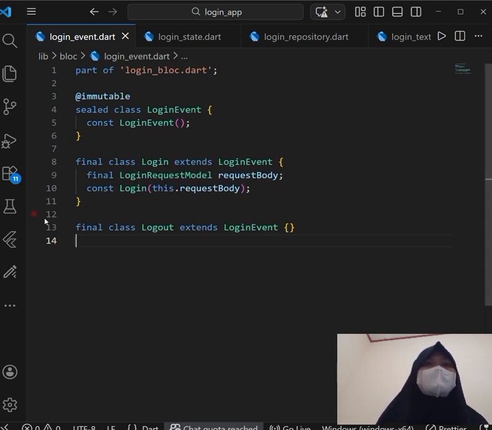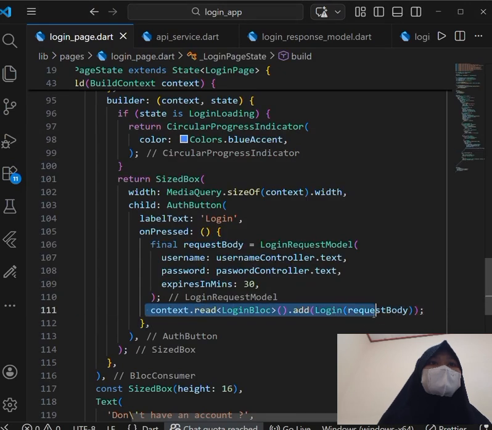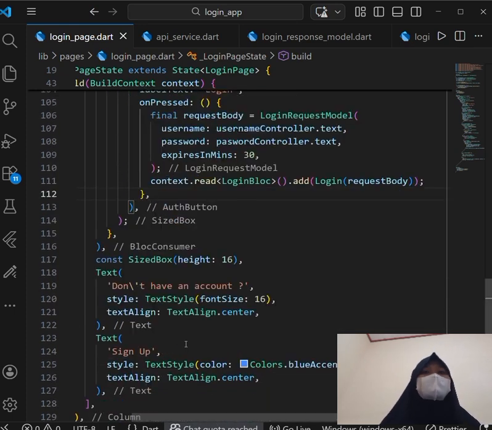For example, login initial, login loading, and login success. To keep it simple, we only use login loading and login success. Login loading means the app is sending a login request to the API, and login success means the login request was successful and the app received a response.